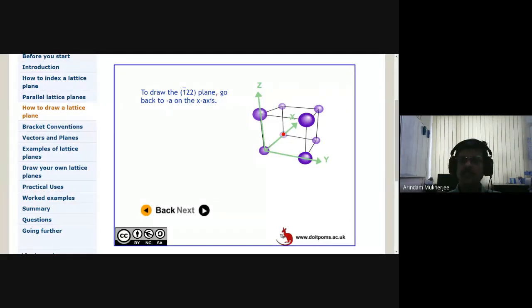Because in real life, in a crystal, do you want to find out whether the atoms are sitting only in 1 bar 2 2 or they are also sitting somewhere in half positions? That is 2 bar 4 4. That means the symmetry is higher. You get my point? So are they sitting only at the corners of the cubes or are they also sitting in between the edge lengths? Does that help? Because that's half the length.